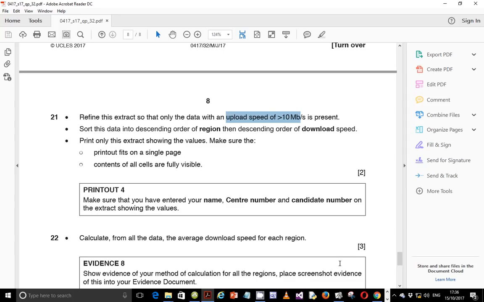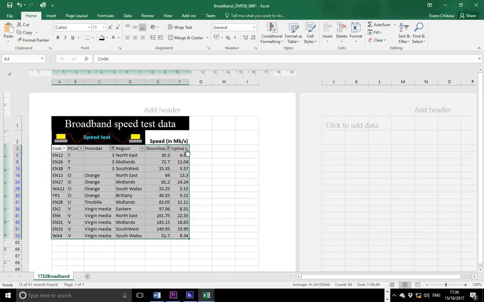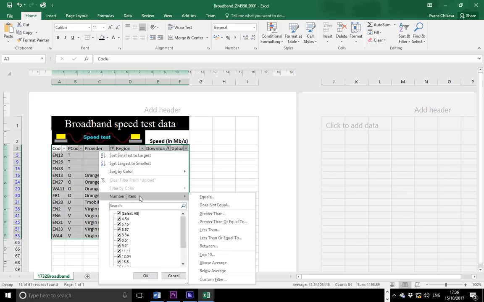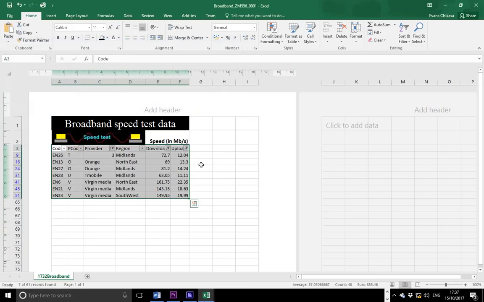Okay, so let's go ahead and change that. Under megabits, just filter, and it's supposed to be greater than, again, 10. Okay, greater than 10 for upload speed. So upload speed greater than 10, that should be perfectly fine. Then we are told that